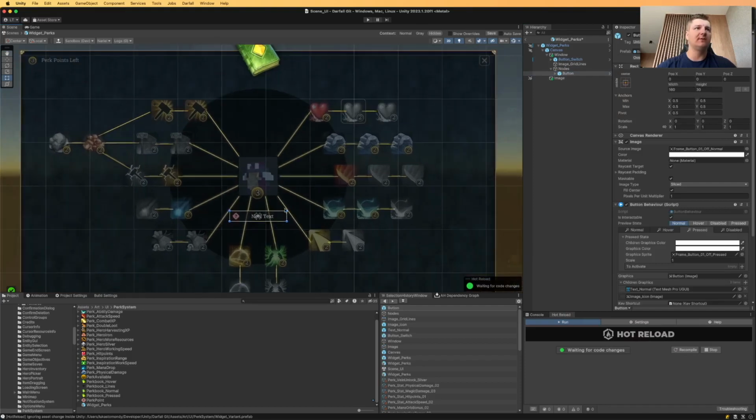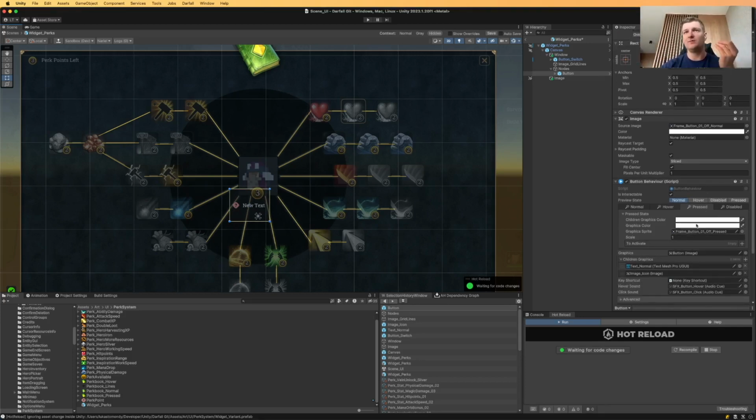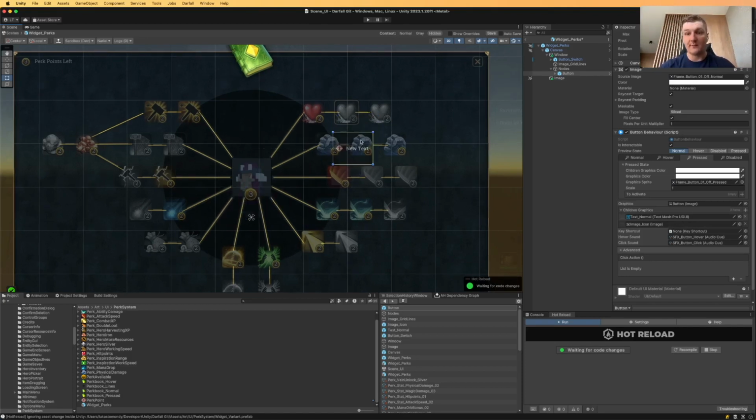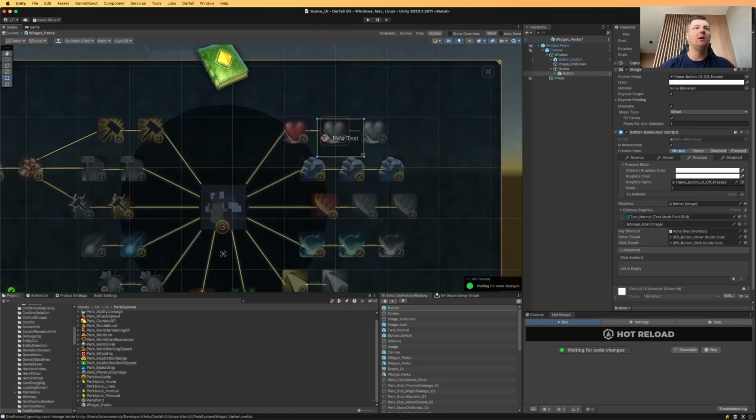So prefab variant. It's always good to build your UI out of prefabs and modularly, where you extend from different prefabs, because then if you need to change some part of your UI, maybe you change the technology, maybe something changes, you want to change across all the buttons in your project, you just change it once in a button instead of going across your scenes and prefabs and changing it everywhere. So this has been actually very helpful throughout the project. Okay, so